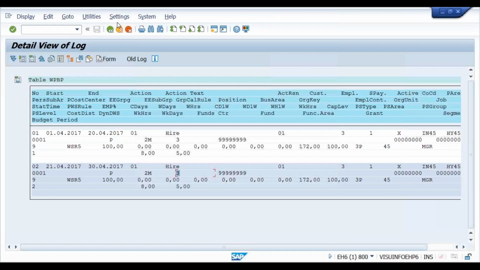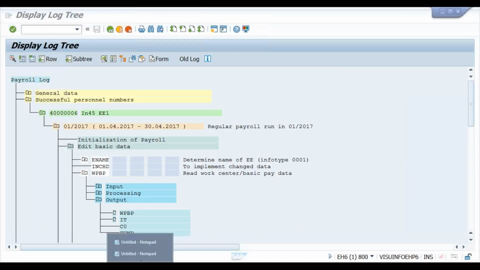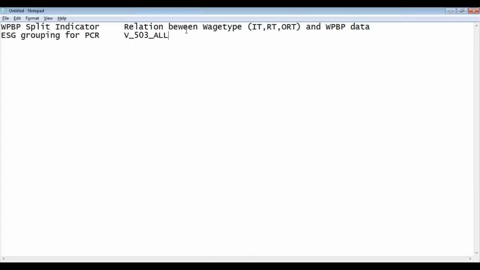So what will happen now? Remember this point. Whenever the wage type is imported from master data, which means infotypes,